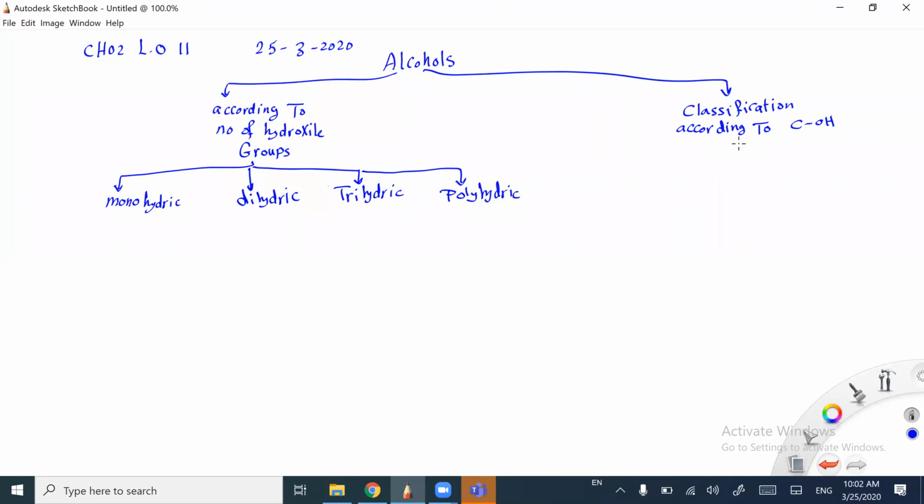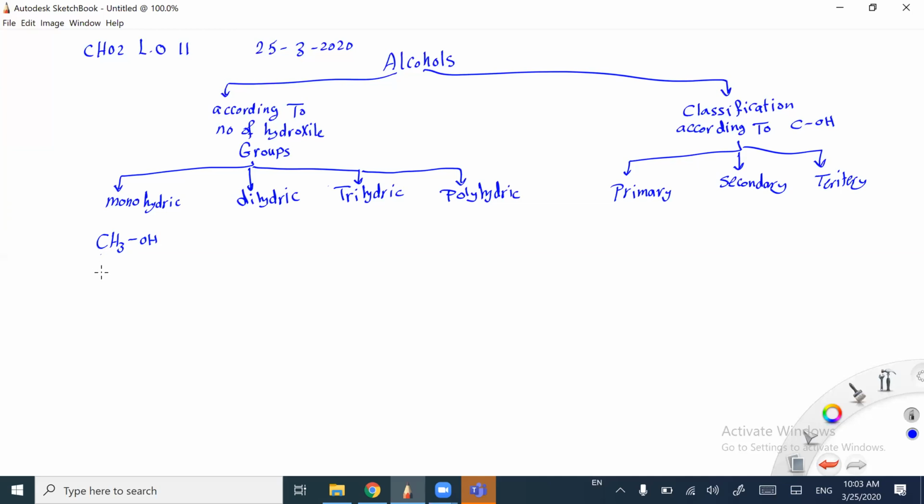أما classification according to the carbinol group ففي منهم primary، في منهم secondary، and we will find the tertiary alcohol. If we have only one hydroxyl group in the alcohol, we can say this alcohol is monohydric. Let's take an example, the simplest one, CH3OH. When I give it a name, maybe according to the common system commercially, and the other according to the IUPAC.